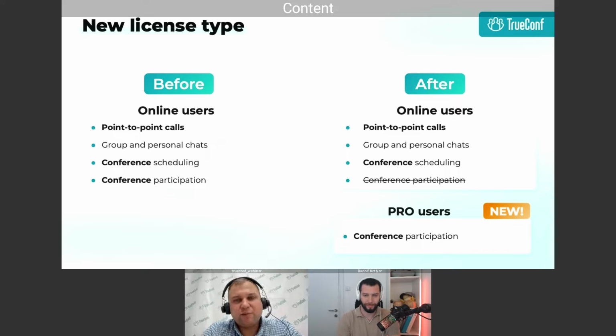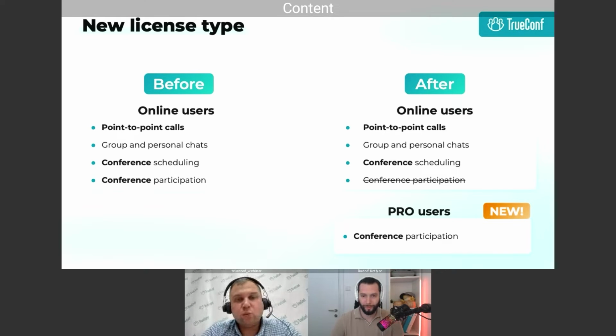And that pro user thing is extremely simple. What we did, we now allow only pro users to be inside the conference. So conference creation, conference scheduling, editing, access of analytics after the conference, logs, recordings, whatever, doesn't require pro user. It can be done by every user, but the actual presence inside the conference requires special status, which is called